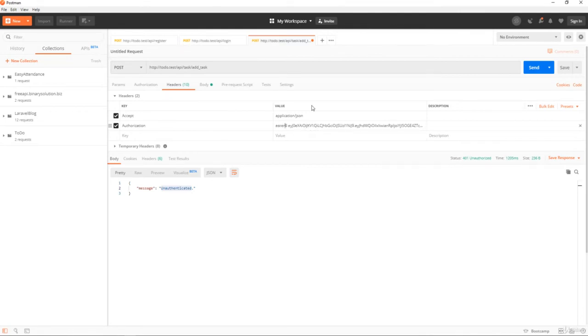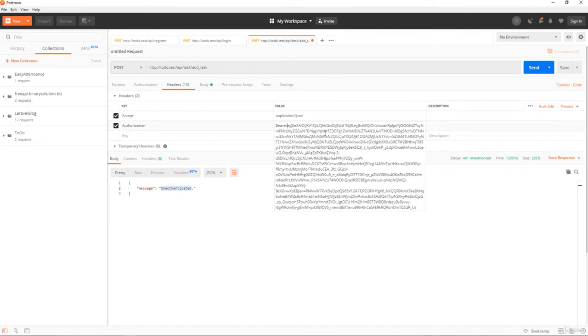The token type is Bearer. So make sure this is correct: Bearer, the token type, then one space, and then the token key. So Bearer, space, and the token key. That's our token key.